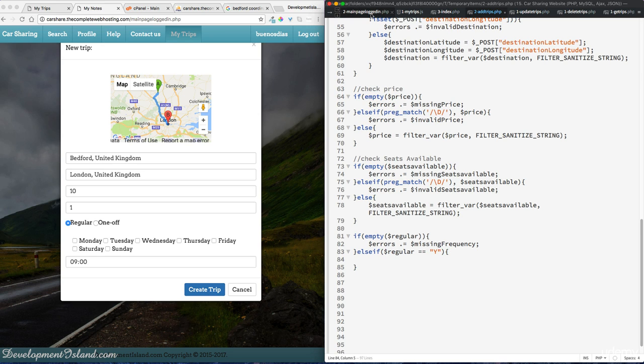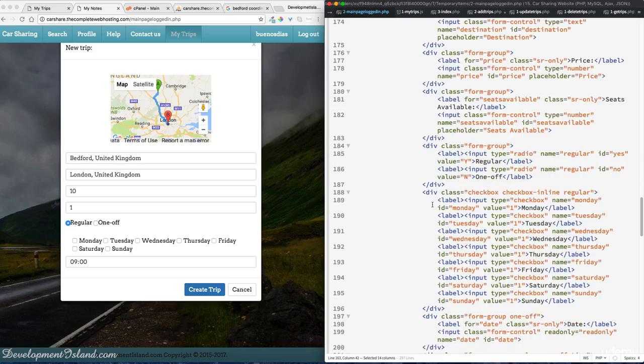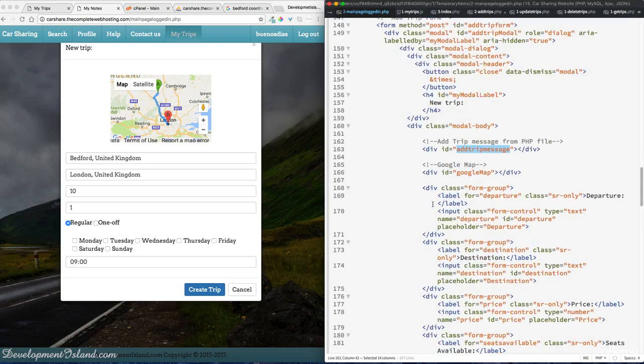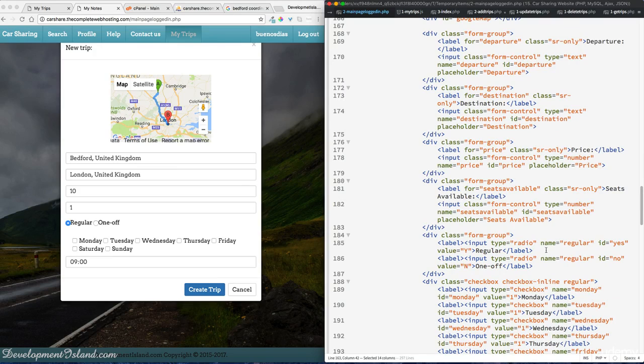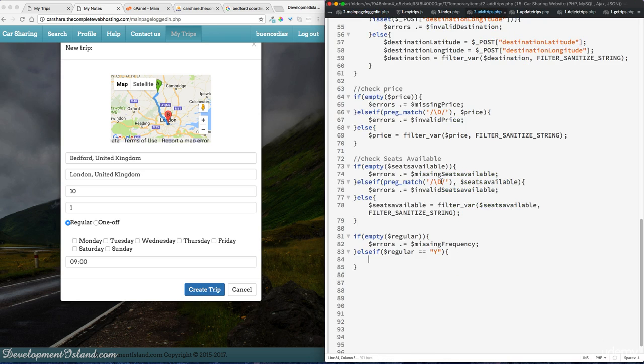So let's just have a quick look at the values that we placed in there. Okay, so you've got two values there, yes and no, and these are the values we are looking at in the PHP file. Okay, so if that's the case, we're going to check if there are no days selected,